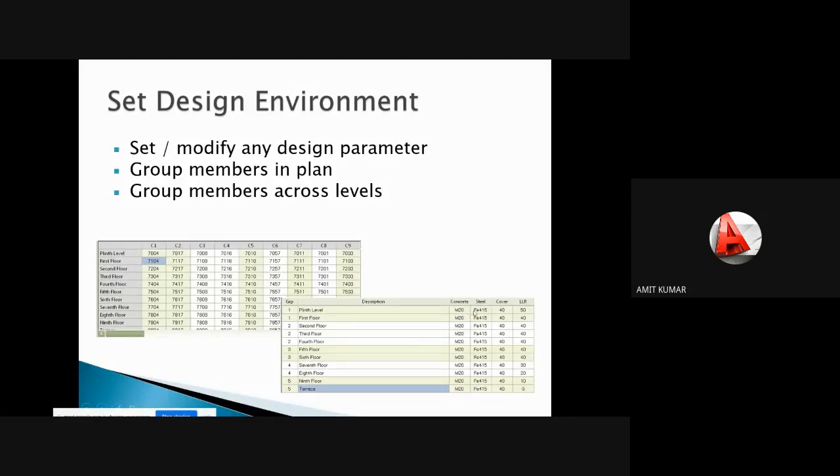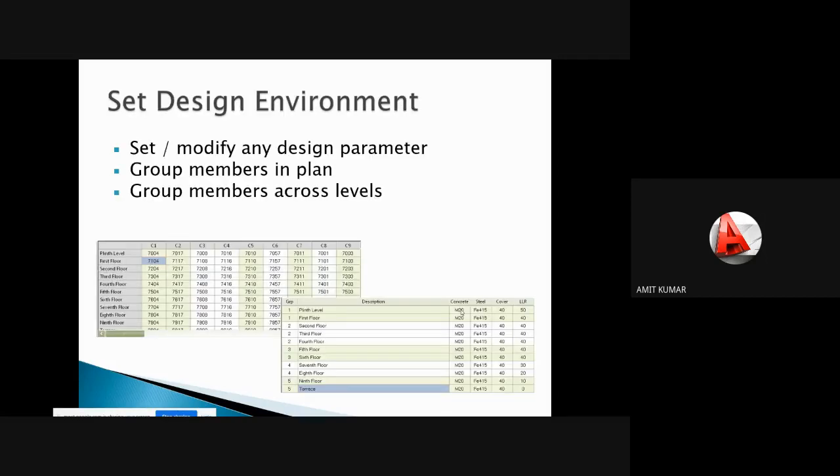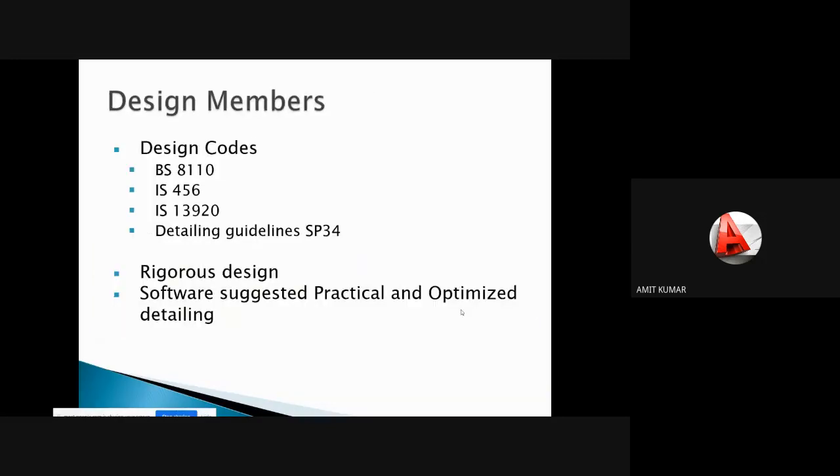Like you are seeing the Fe value of the steel here, it is Fe415, and the concrete grade is M20. Now if you want to change these values, you can modify these values also. Okay, that means here you can modify all the detail values by yourself. That means this software will provide you a tabular report that can be modified also.